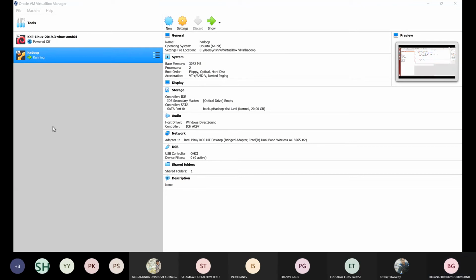Yes, sir. This is the Java code for the project. After downloading the data set in the Hadoop environment, we have to import that into a